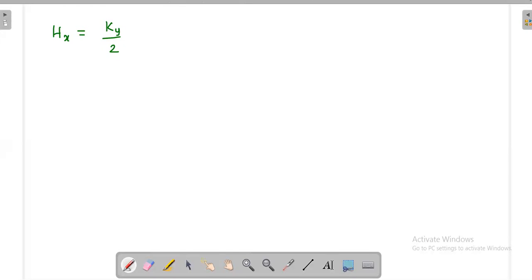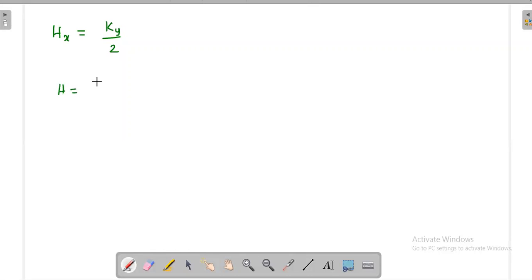Because the magnetic field unit is ampere per meter, and the surface current density unit is also ampere per meter. As it is symmetrical, you may calculate the magnetic field above the plane, or you may calculate the magnetic field below the plane. That symmetry above or below is why the 1 by 2 comes. K by 2.